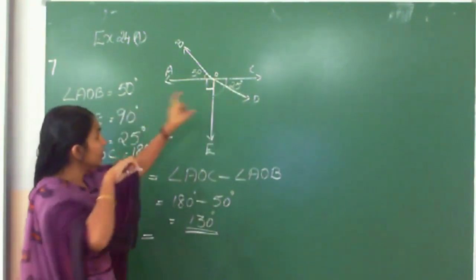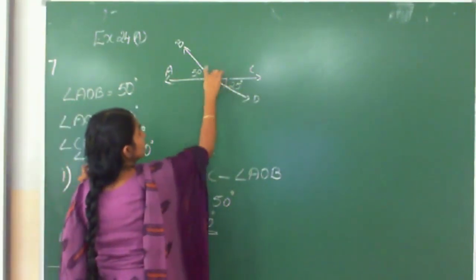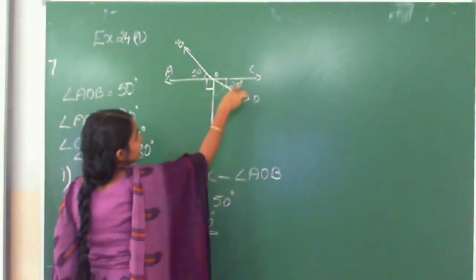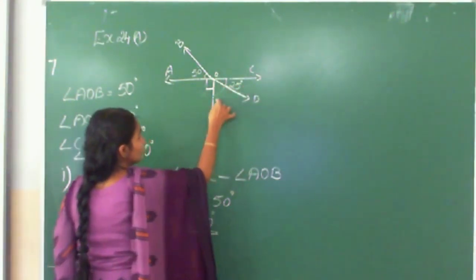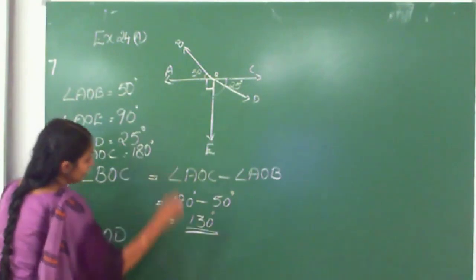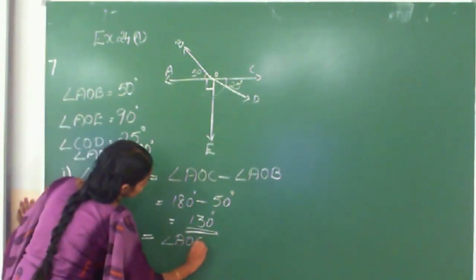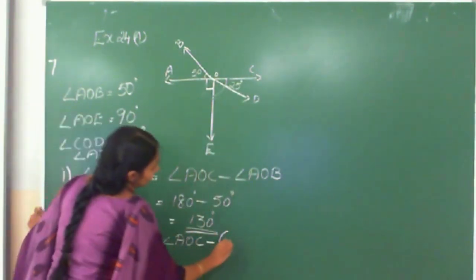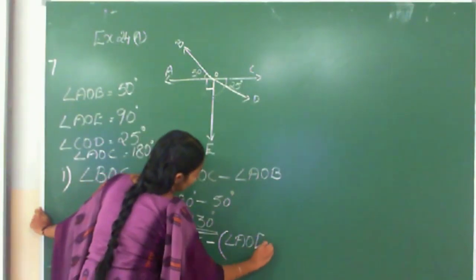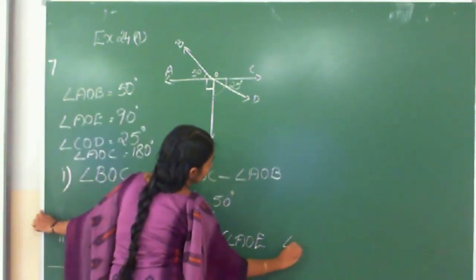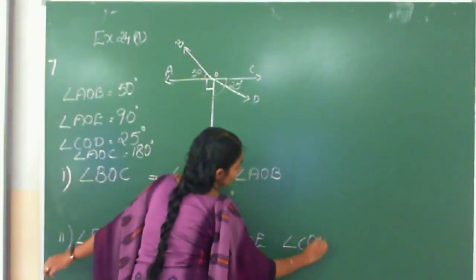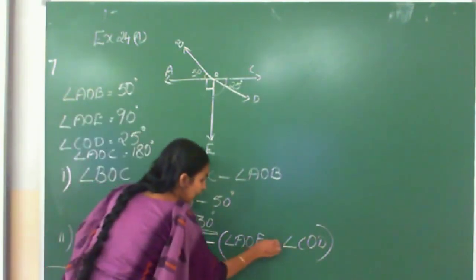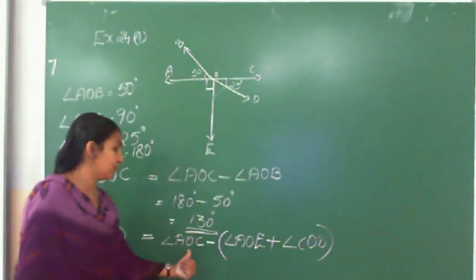According to the given question, this total AOC, on the top or bottom, both sides, is 180 degrees. So this one is 90, this one is 25, and we want to find out this. Then how can we find it? The total was angle AOC. From that, we want to subtract angle AOE and angle COD. Both we should subtract from this, meaning we should add these two and then subtract from this.